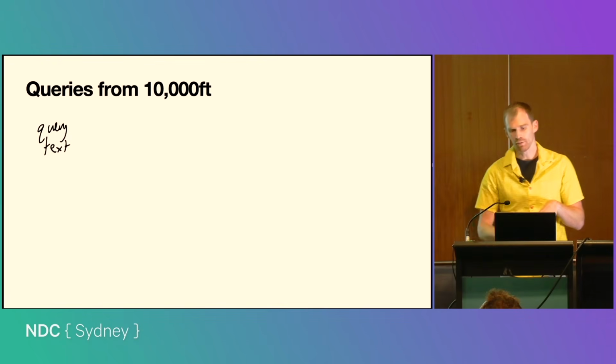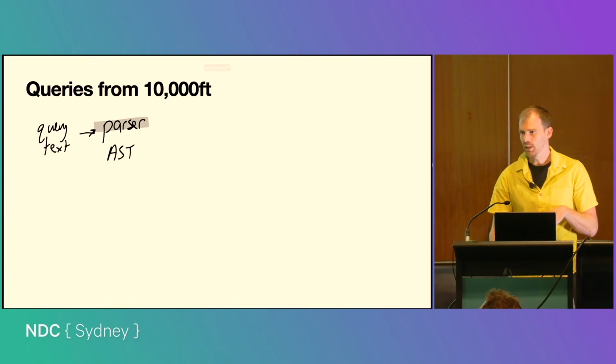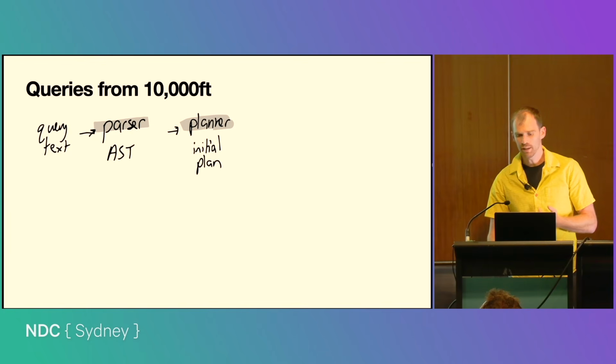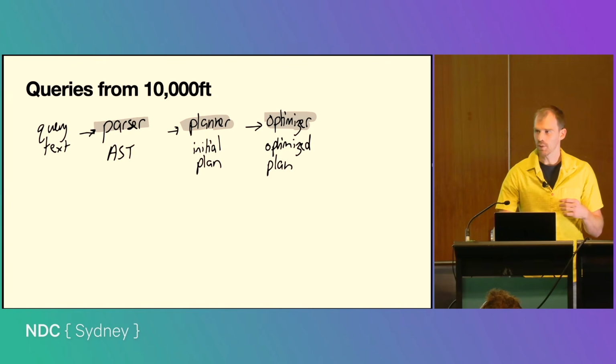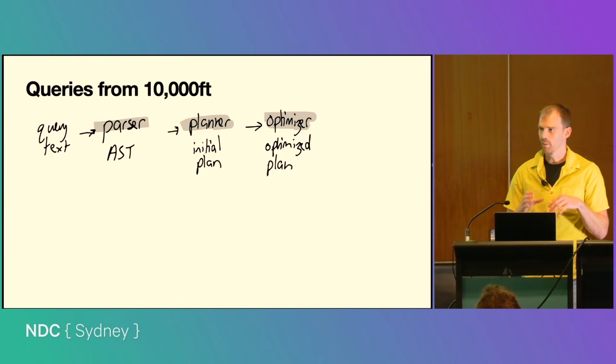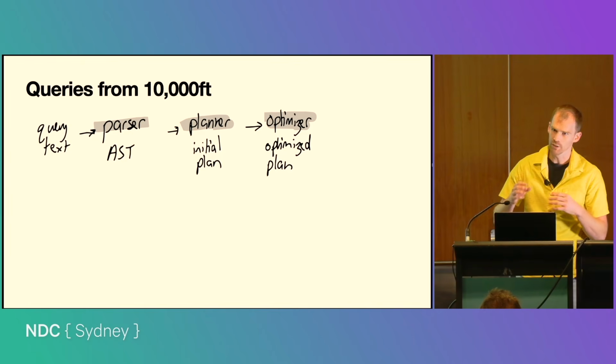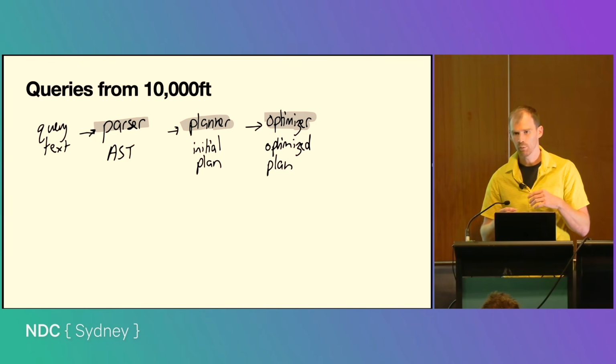So to give you another view of that, we start with some query text. We then have a parser that parses an AST from it. We then hand that AST to a planner who gives us an initial plan. It looks very much like the one we just saw, but it's a lot simpler. We then have an optimizer that takes that initial plan and produces one closer to the one that we saw there, where it may parallelize bits and shift operations around to try and make the query that we want to